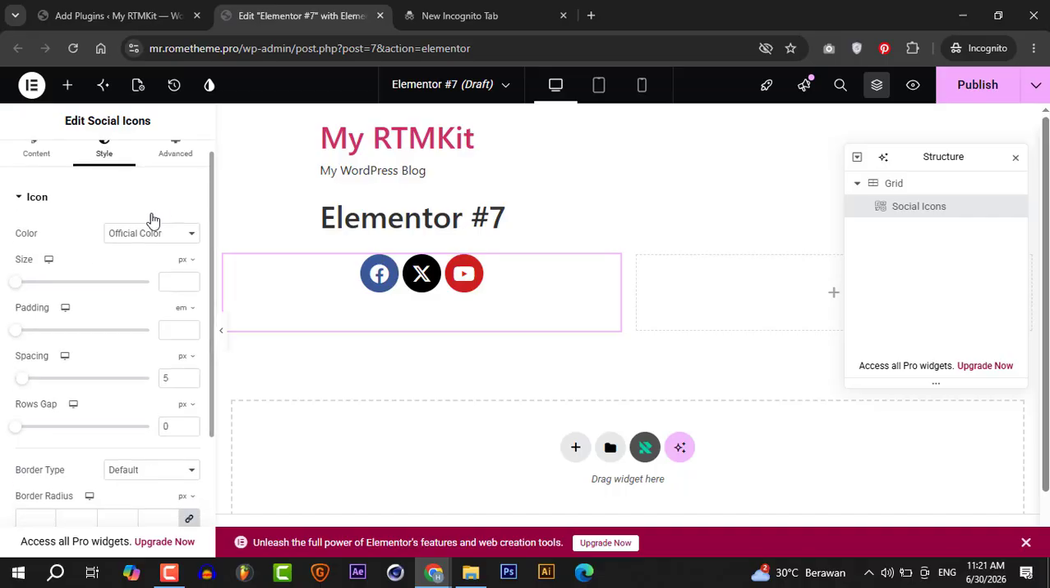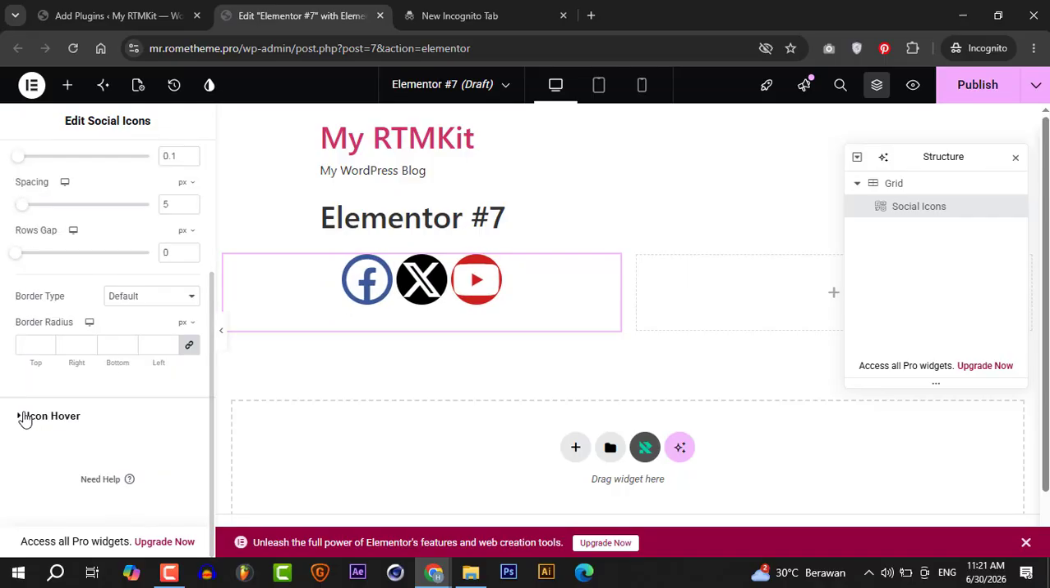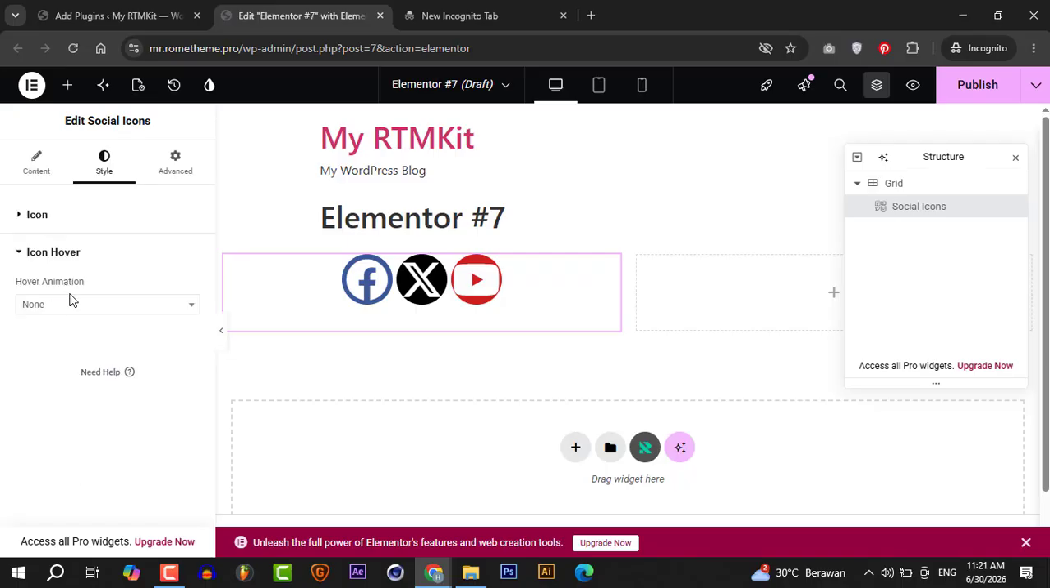And style, you can change the size and padding, spacing as well, and row gap, and icon hover as well. And for the animation,